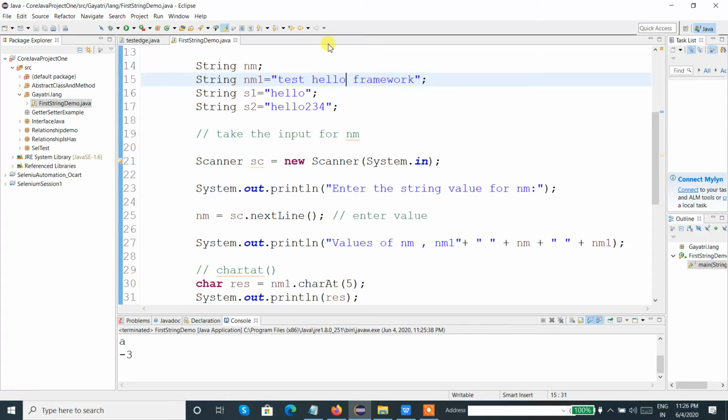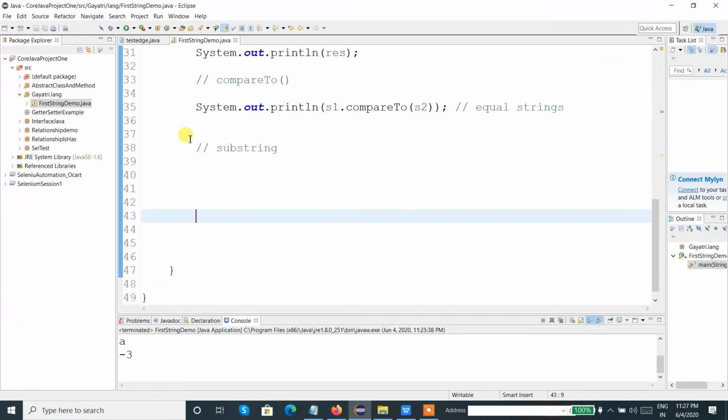Now s1 is hello and nm1 is test hello framework. I will check whether s1 is present in nm1 or not. If it is present, hello is a substring of the string. If it is not present, it is not a substring. So how can we do that? We can use the contains method.